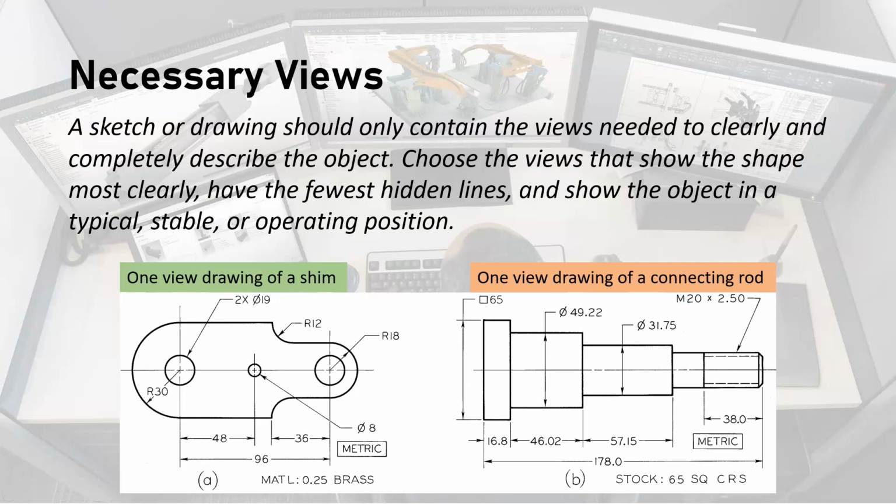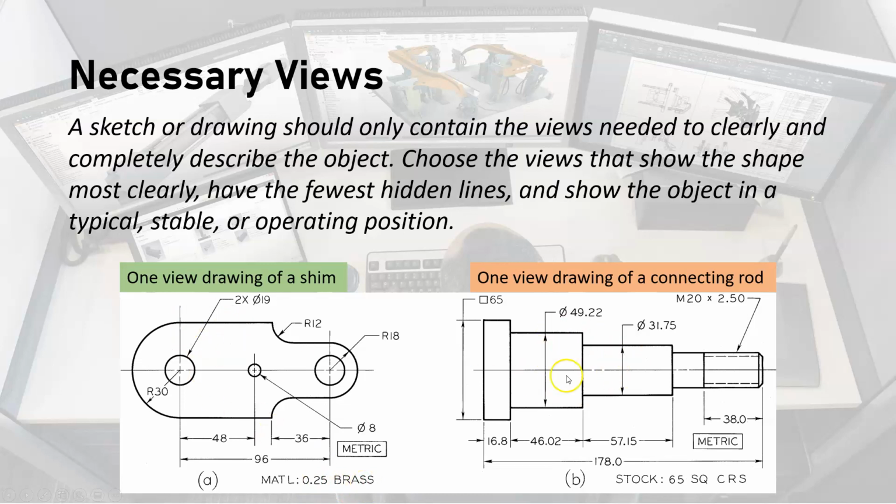It's not always necessary to show multiple views, right? So we talked about the 6 standard views. We also talked about the 3 regular views. But for simple objects, for objects that are cylindrical or have a uniform thickness, oftentimes we can get away with one view. So in this case, we have a single view of a shim, right? And we note the thickness right here, so it's 1/4 of a millimeter thick,